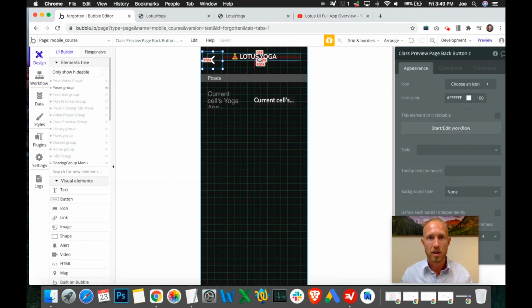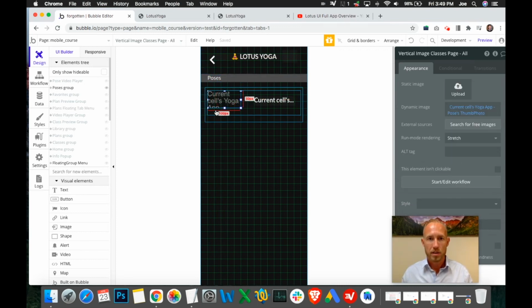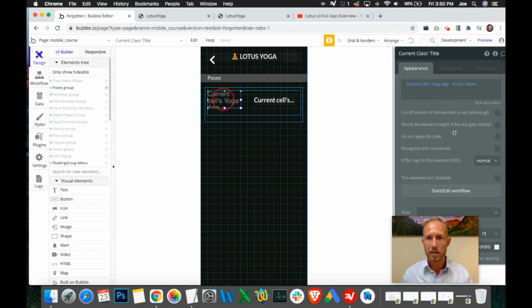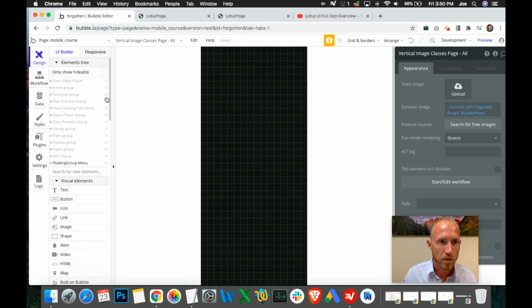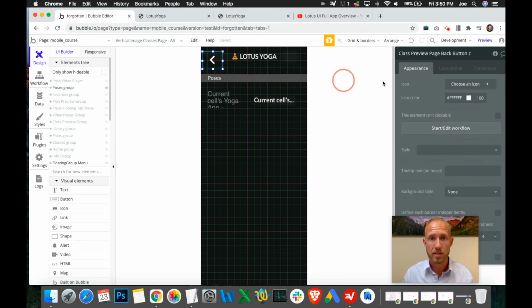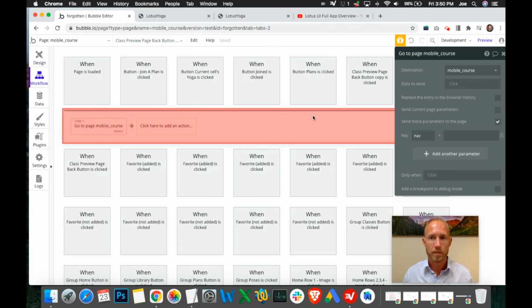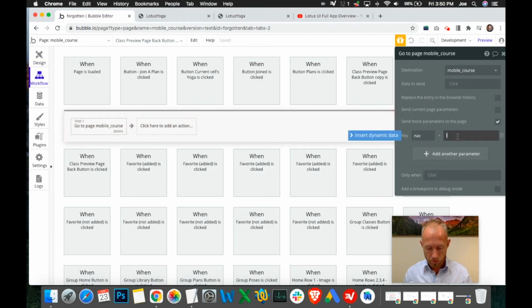If we look at this one, nothing needs to happen when you have the logo. This poses stay static. This is the only clickable thing. I guess we could make this clickable as well. This current cell's title. In fact, I think that's a worthwhile thing to do. But when we're on this poses group, we want to go back to the library group as our final destination for this back button. So here we want to go to library,